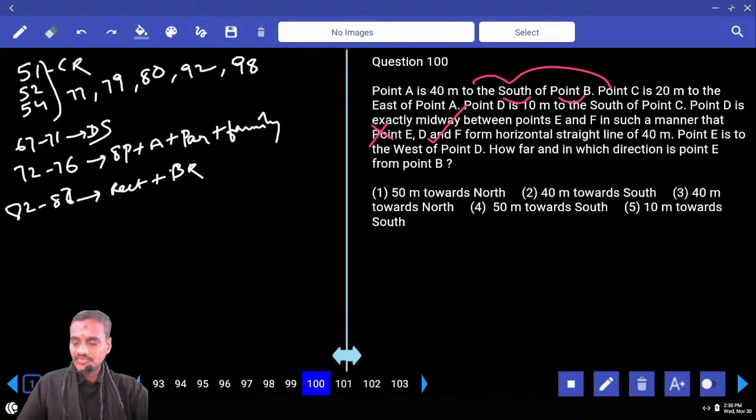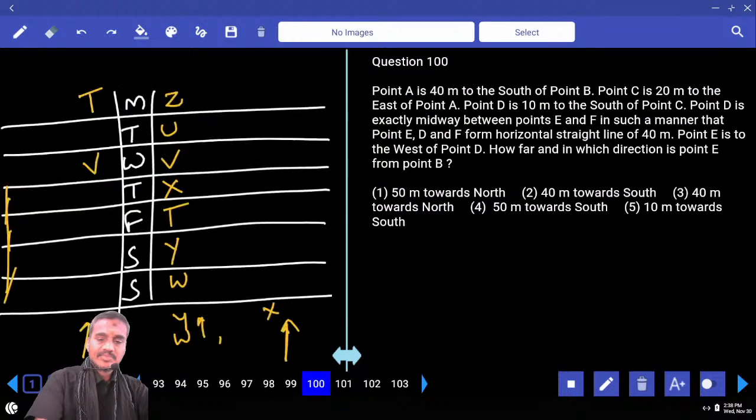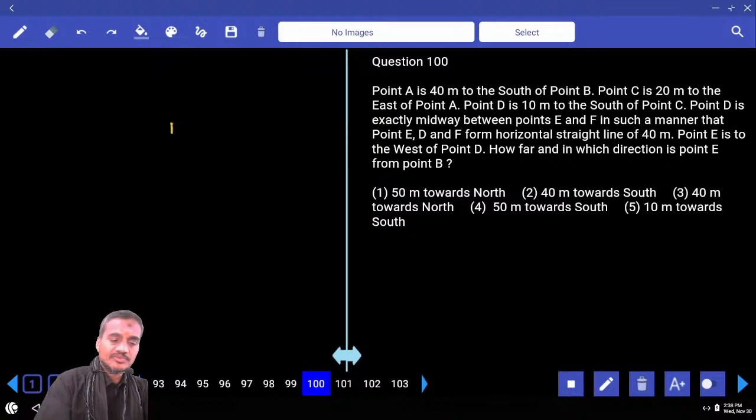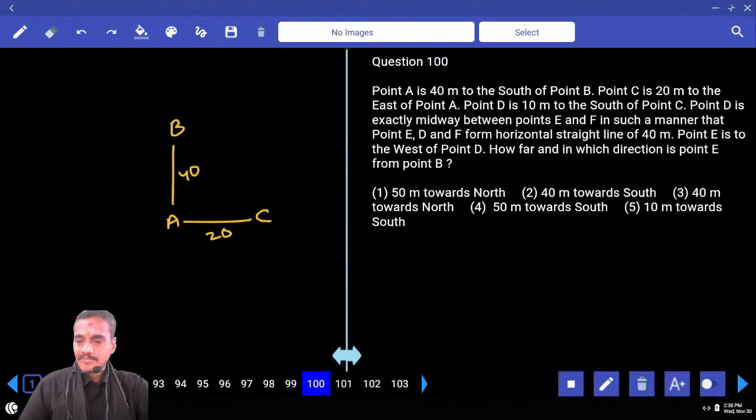99. And finally 100. A is 40 meters to the south of B. From B, now A. What is the distance we have? 40 meters. And next one, C is 20 meters to the east of A. D is 10 meters to the south of C. Now this D is exactly midway between E and